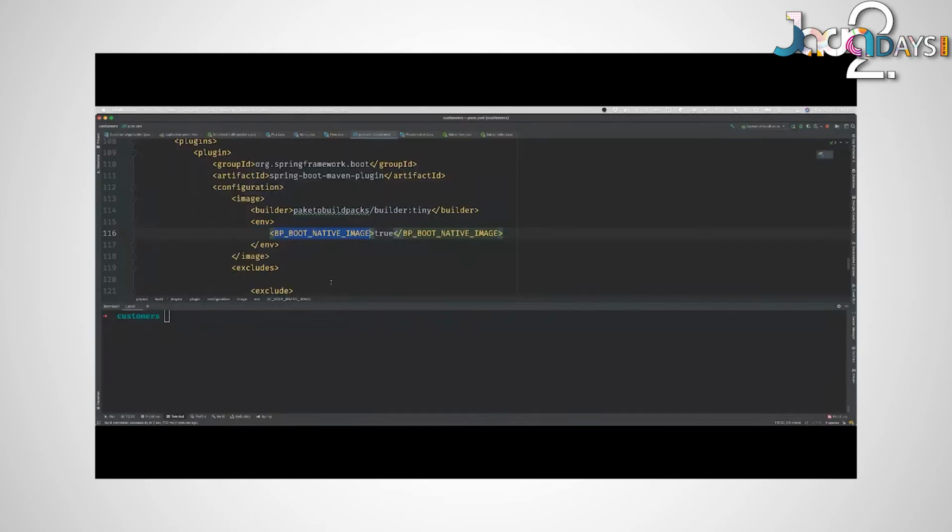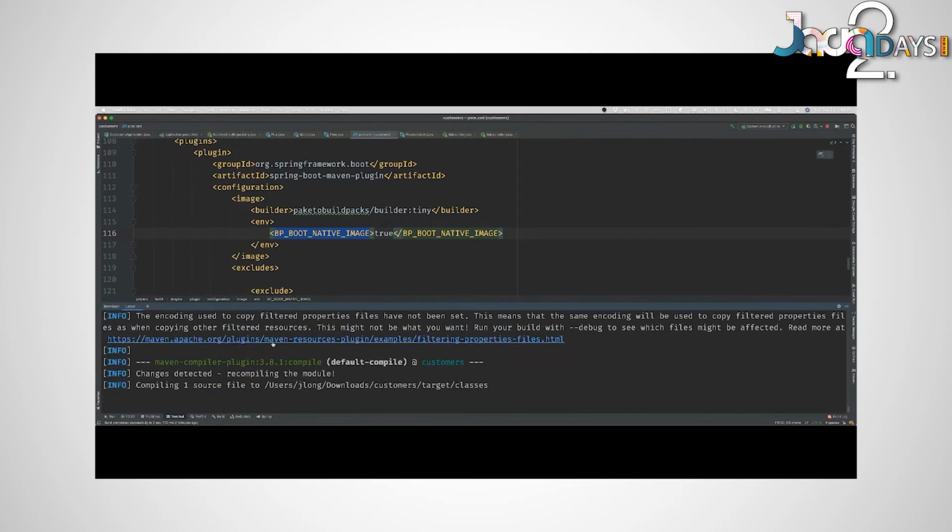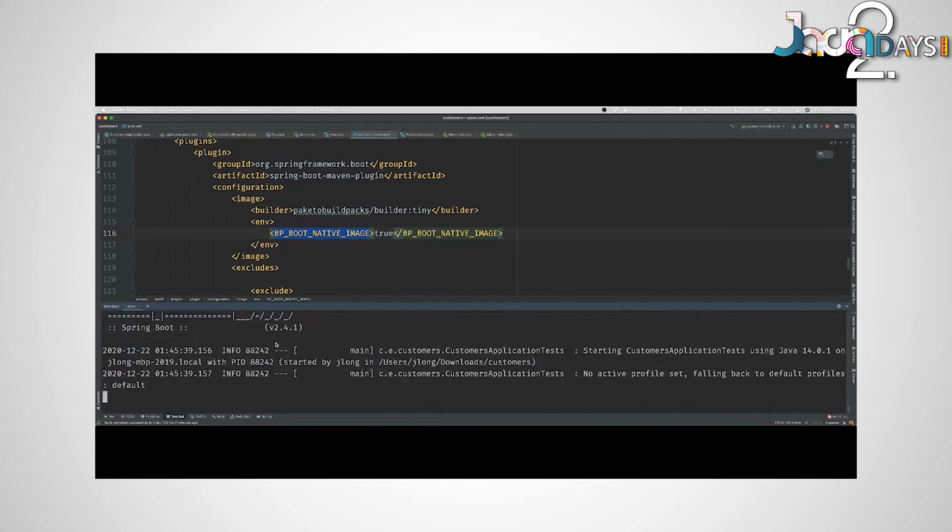Now, this will take a little while, okay? This actually takes a long time. It's not fast. So this is one of those things where you'll probably end up doing it in your CI environment or something like this. So we're going to go ahead and let that run. And then in the meantime, I want to build another service, okay? This might take like 5-10 minutes. I don't know. It takes forever.